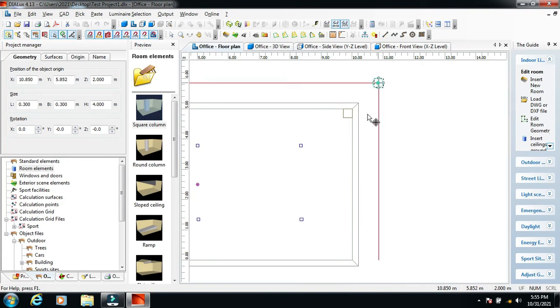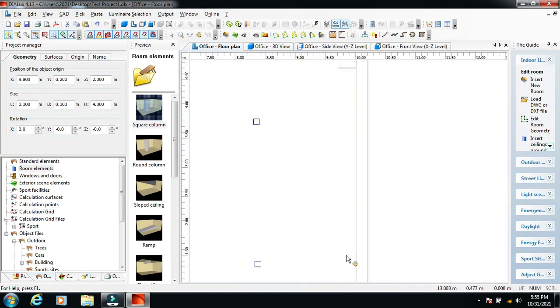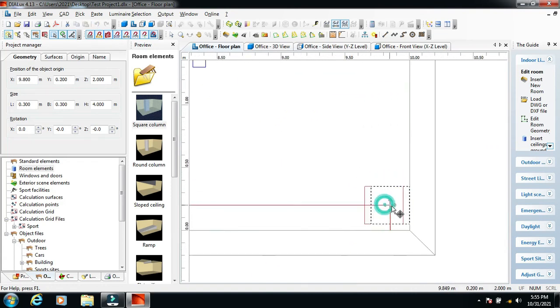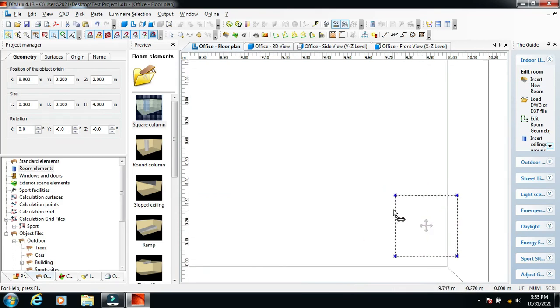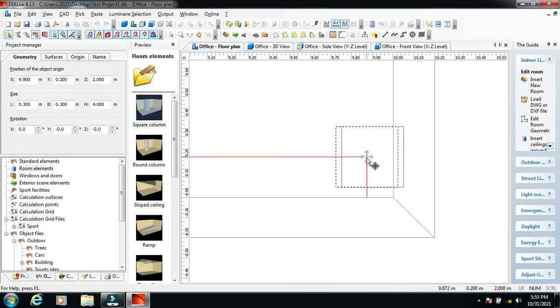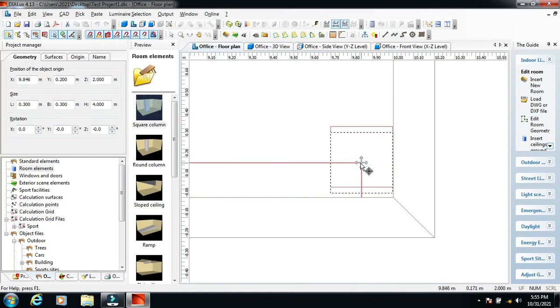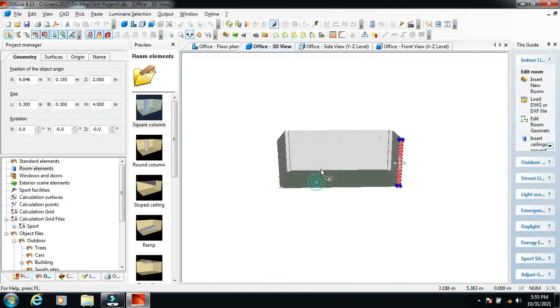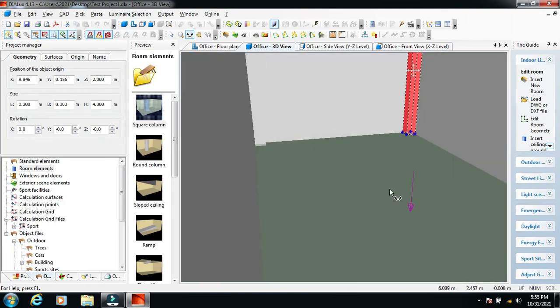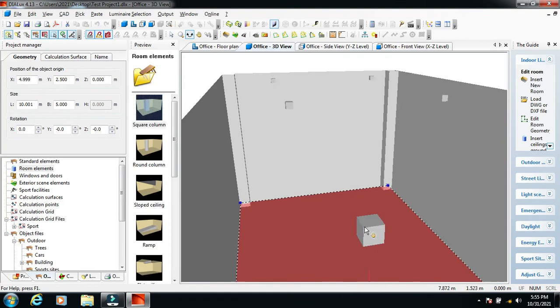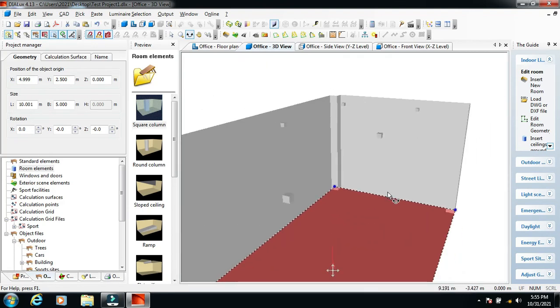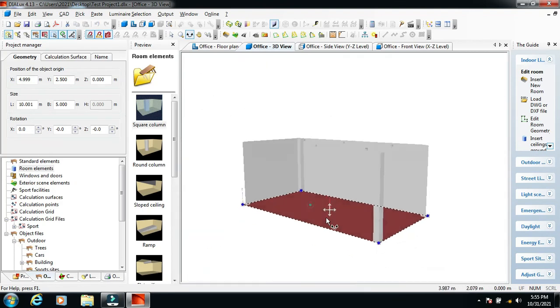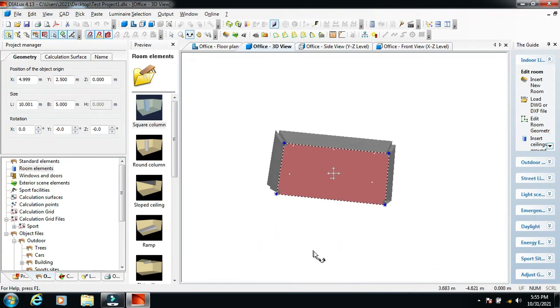Anytime you do this modeling and placing of fixtures and all the apparatus or equipment in DIALux, it is always advisable to cross check in 3D that the location of the equipment you are placing is correct, because 3D will give you an accurate feel of what is being modeled. Now if you go inside the room and check, these columns are modeled at the four corners of this particular room, which gives you an accurate feeling of that room.